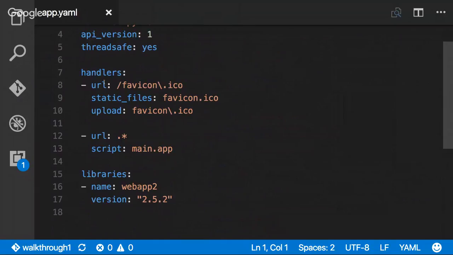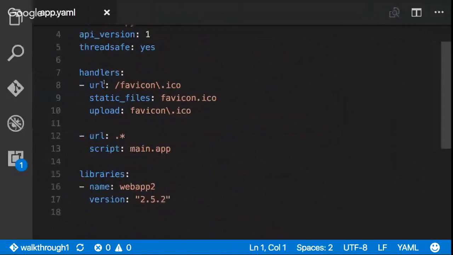But the URL is the URL that will be in the browser. And then it says, all right, go and find a static file called favicon.ico. So most websites you go to, right at the root of the website, there's a favicon.ico file. That's what causes it to have